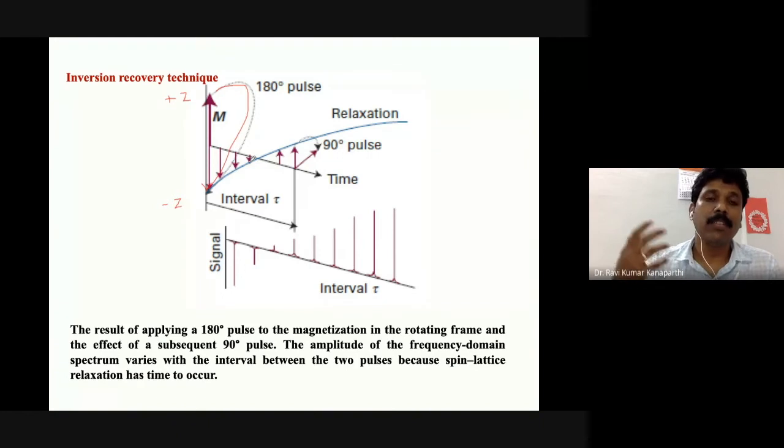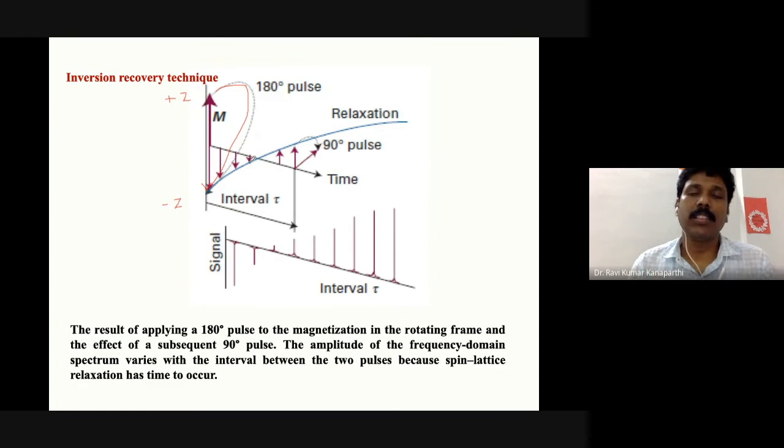If you have a magnetization vector precessing in the xy plane, subsequently we will see a signal in the receiving coil. Because the magnetic field is changing with respect to time, an appropriate current can be induced in the receiving coil. That is the fundamental principle involved in measuring or identifying the signal in NMR spectroscopy.